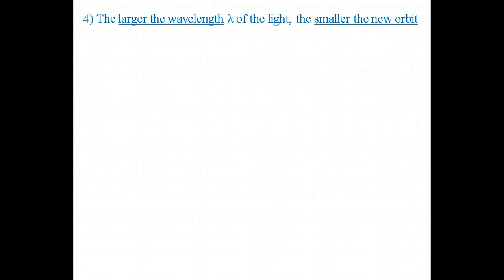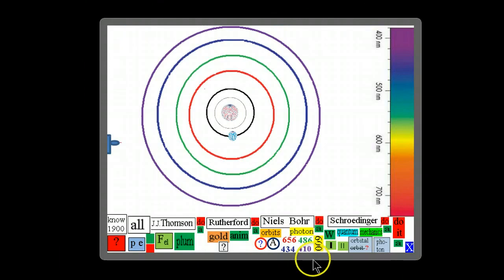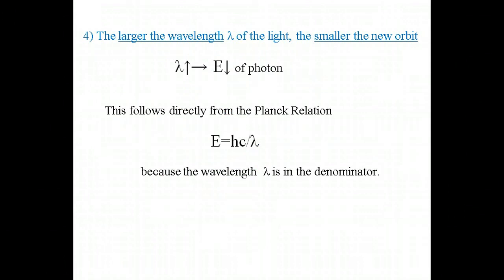When we analyzed our Bohr models, we found that the larger the wavelength lambda of the light, the smaller the new orbit. So let's start with the shortest wavelength, which is 410 nanometer, and you see it goes into the largest orbit. Now let's look at the 656, which is a much larger wavelength, and it goes into a smaller orbit. Of course, it takes more energy to push an electron into the higher orbit. Therefore,